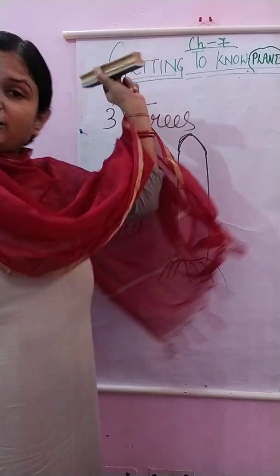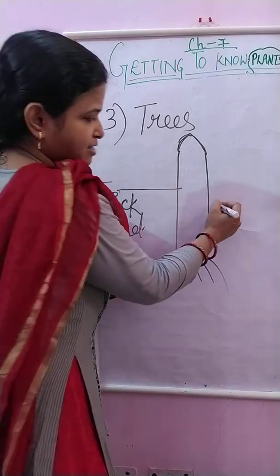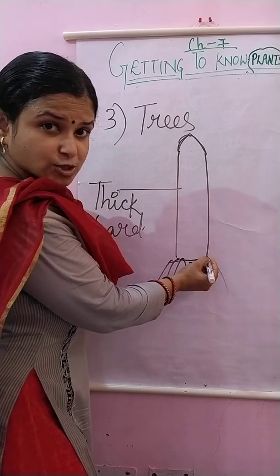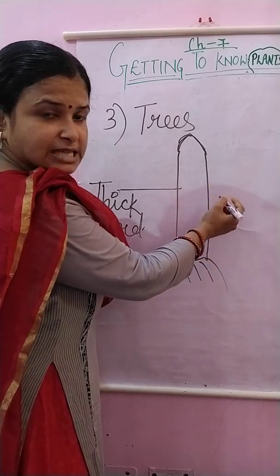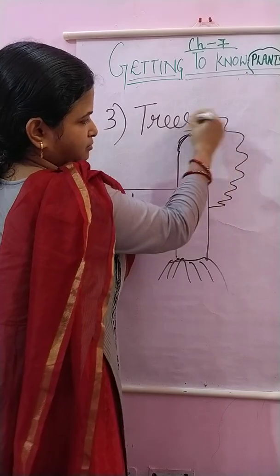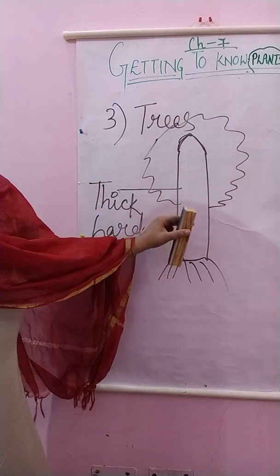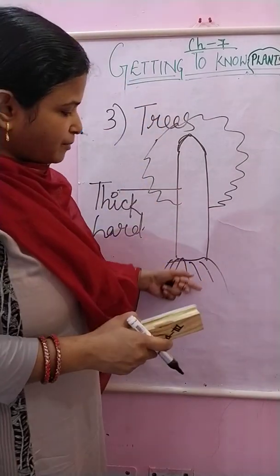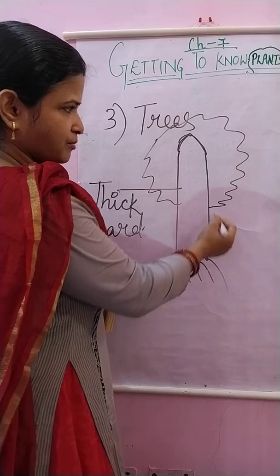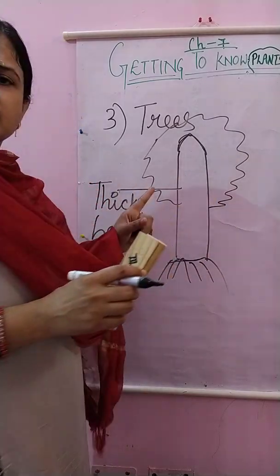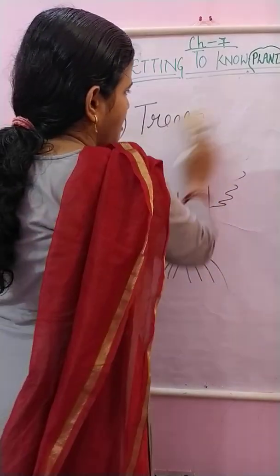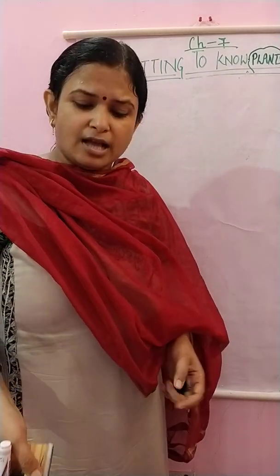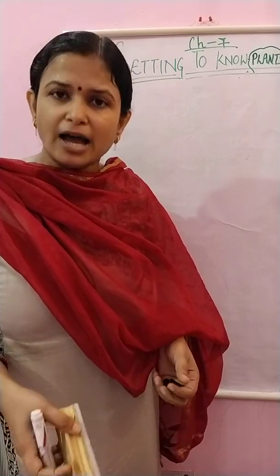Very tall in size, and their branches are growing from much above the stem, not at the base as in the case of shrubs, but on the upper part of the stem, from here. So these are the trees, much above the ground. This is the stem from where the branches are growing. So this is the difference between herbs, shrubs and trees. And examples of trees, so many examples are there, like mango tree, neem tree.